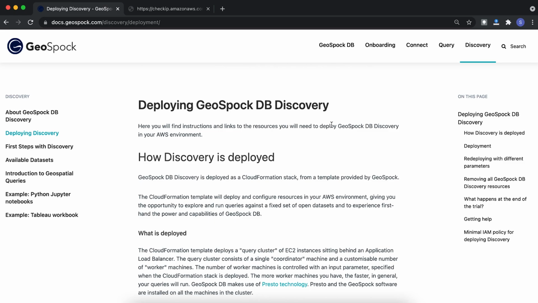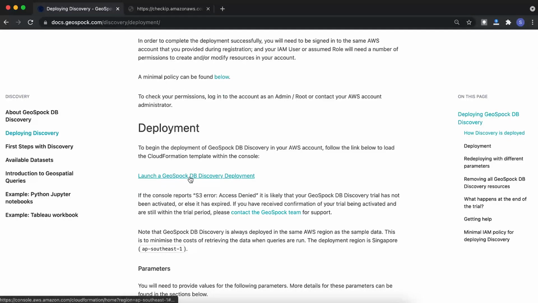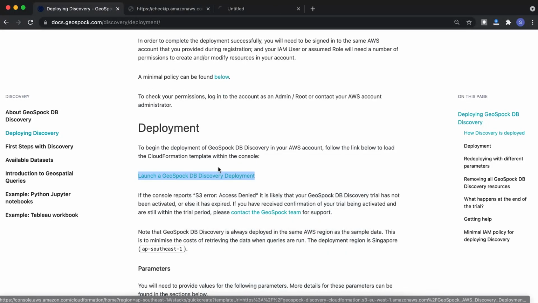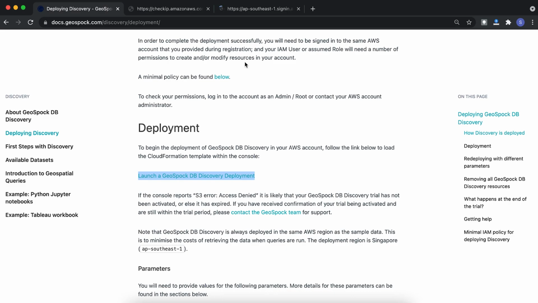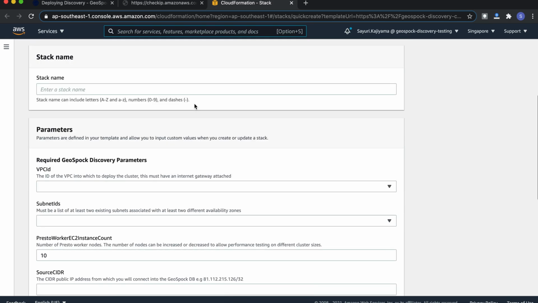So the first step is to open the link that is under the deployment section, which is called Launch a GeoSpock DB Discovery Deployment, which will take you to either a login for your AWS account, or if you are already logged in, it will take you to a CloudFormation script, which is preset. And on this template, all you need to do is fill in a few fields to be able to launch